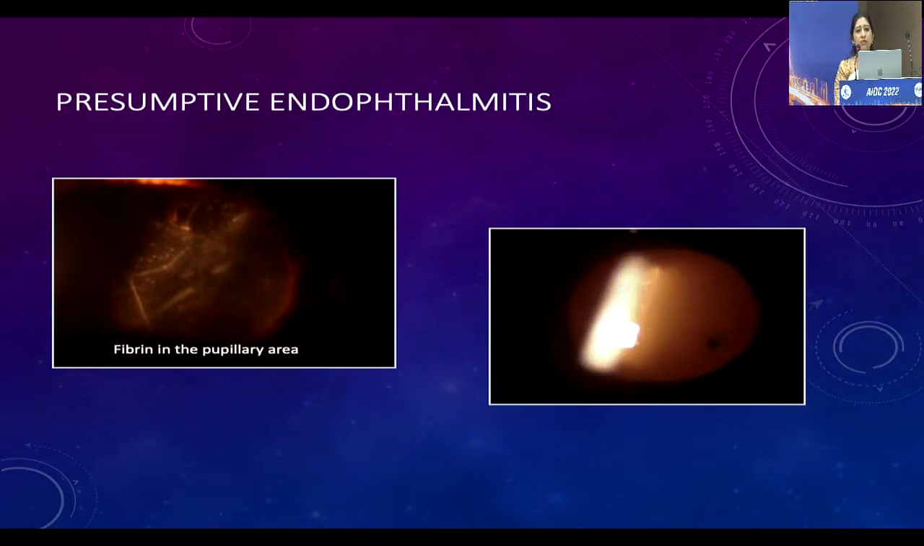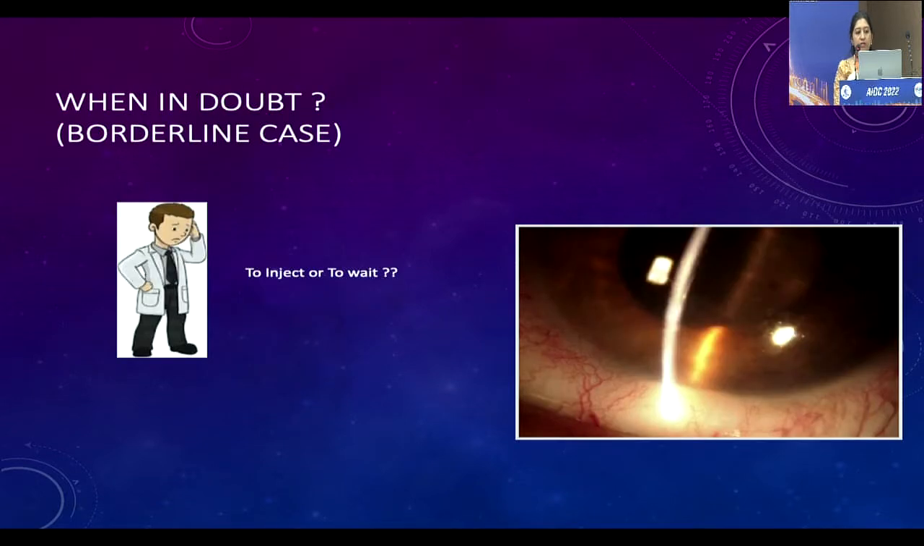So how do you know whether vitreous is involved or not? Even if you do ultrasound in the initial stages, before the exudation actually forms, it's very difficult to get echoes on ultrasound. So what is it exactly? That is a case of presumptive endophthalmitis. You don't know what it is exactly. So as I told before,